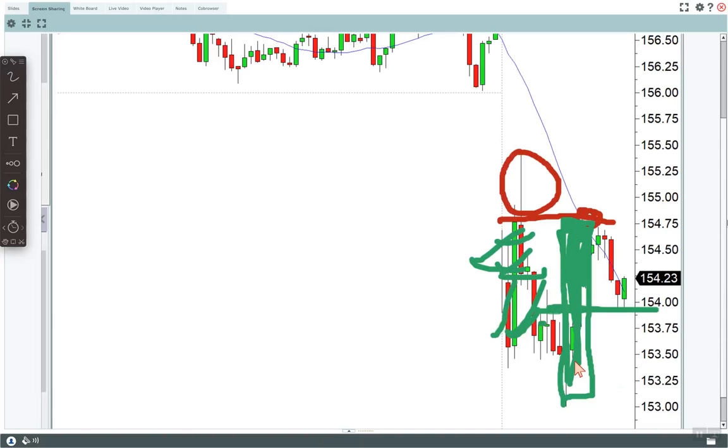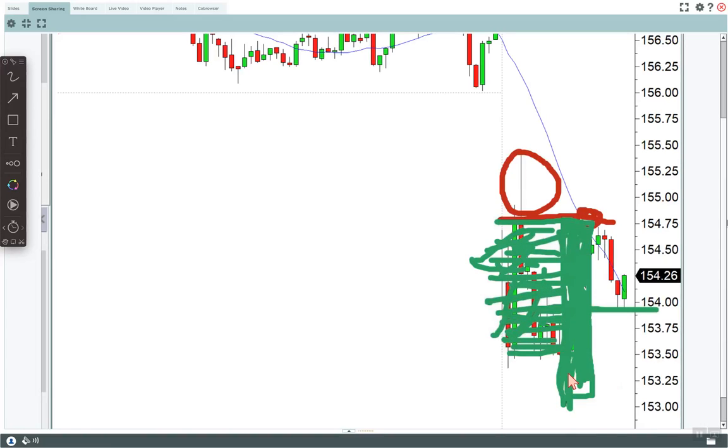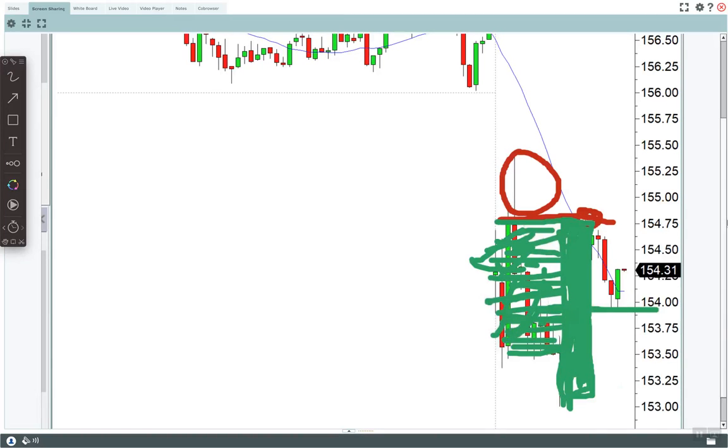It's this now that you're playing off of, because this has wiped over this. It's like a paintbrush. It's painted over all of this to the left. So now you're working as if this is your first bar of the day. Tell me you understand that. You're working as if that big giant green bar is the first bar of the day. Make sense? Know when one side has painted over the other side, you know?